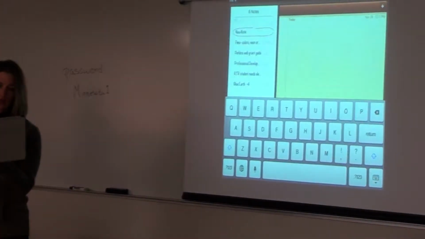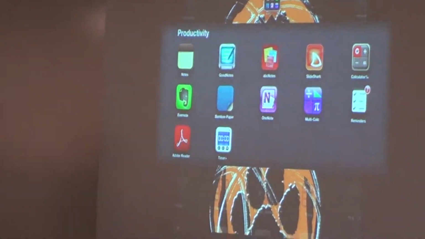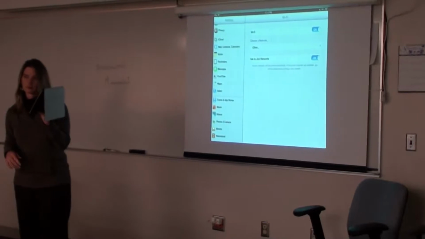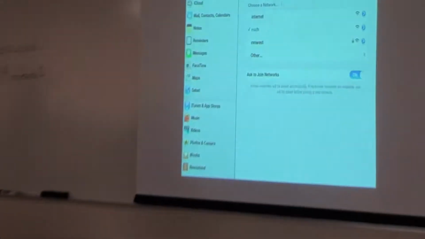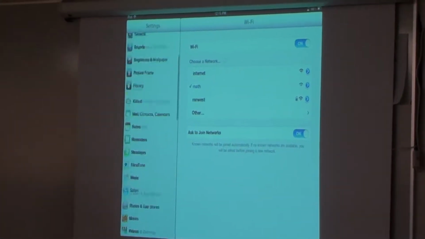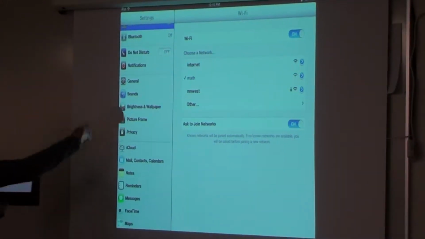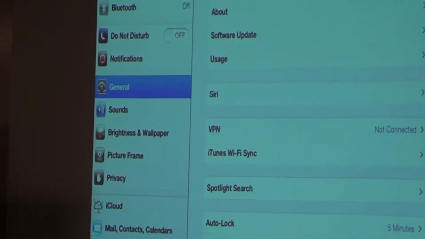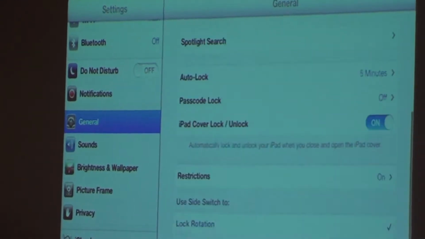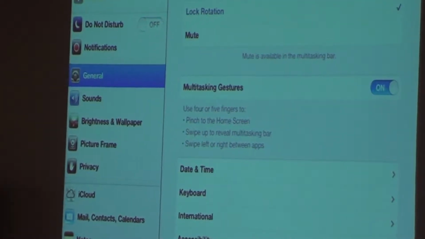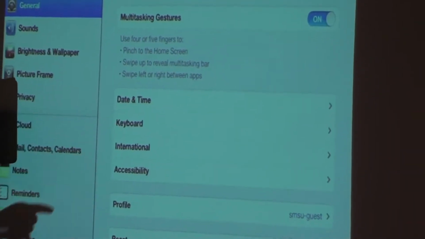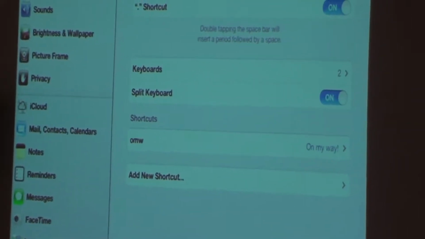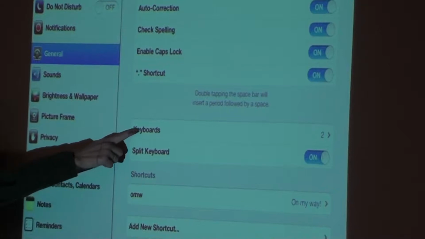How I got my globe is if you exit out of here and go back to your home screen and go to your settings again. So get back to your settings and go to your general button. Are we all back there? Okay. General. And then slide it up, and you'll get to a keyboard option. All right, so if you click keyboard, and you click the keyboard again,